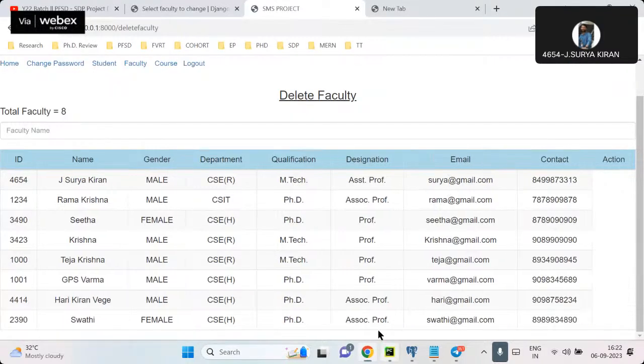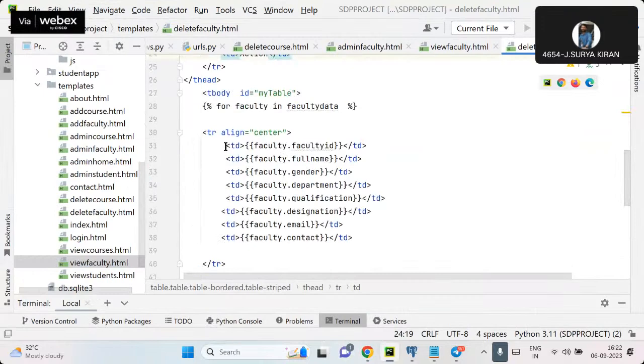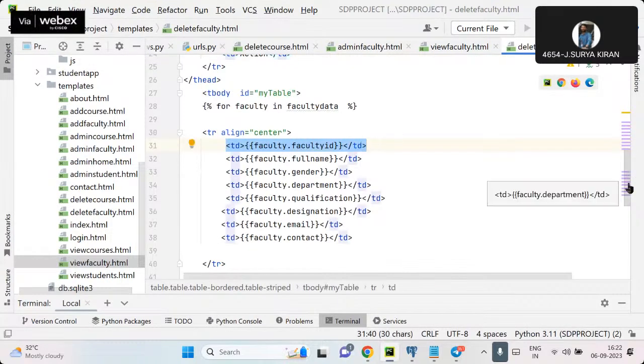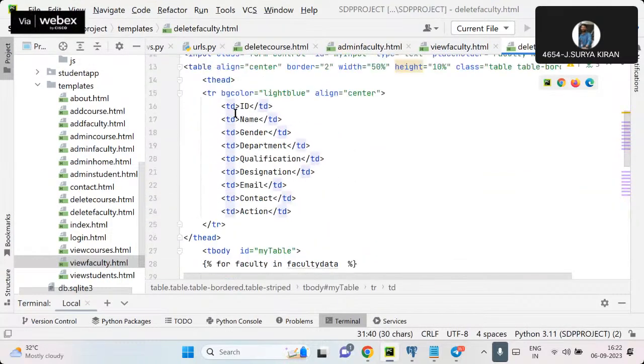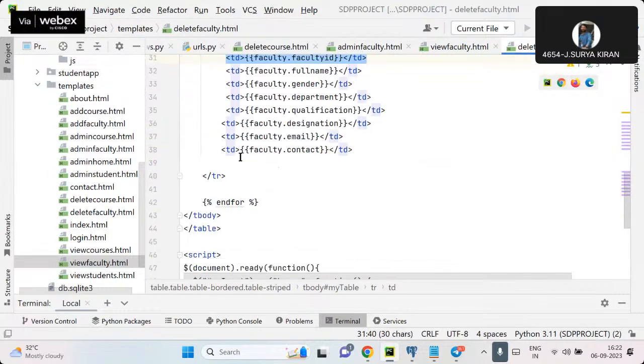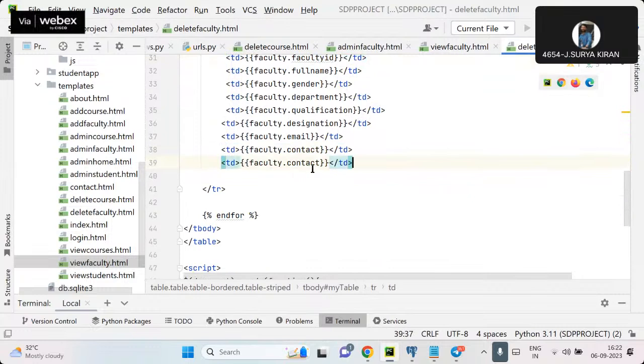Refresh. Now here, I want to display the ID also. If you want, you can display. That ID is different. This one is different. So no problem. You don't need to showcase it also. But in the course, we have displayed the course ID and all. So here there is something like